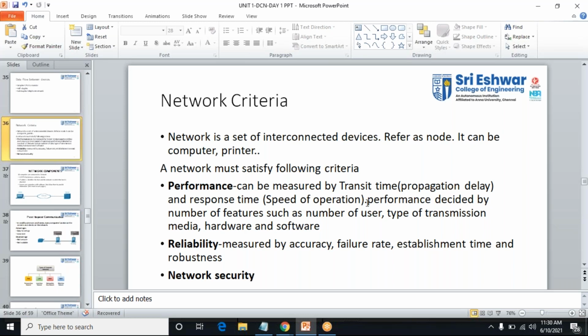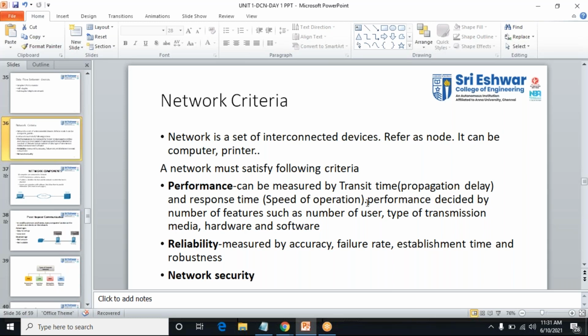The performance is also decided by many factors. For example, if I increase the number of computers, the network performance may reduce. And also the type of transmitter. For example, if I use optic transmitters, the performance may differ based upon the transmission medium, either the digital cable or Ethernet or the optical, that is optic fiber. Based upon the transmission mode, my performance may differ.